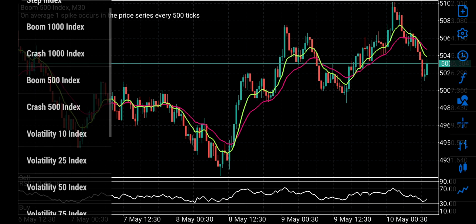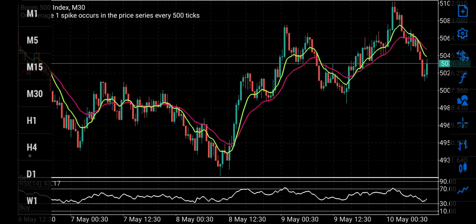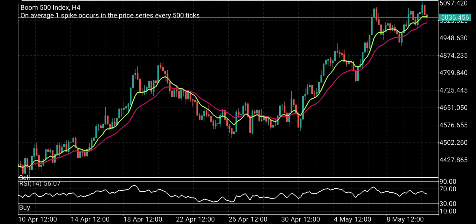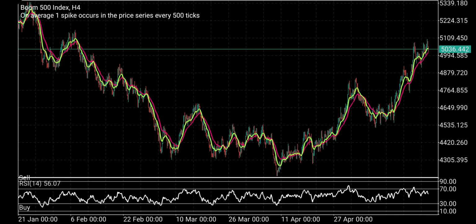Let's increase the time frame. Okay, let's go to 4 hours. Let's go to the 4 hours time frame, and let's see the bigger picture of things. If you zoom into this level, you would see that the market is still on a heavy uptrend, and it has not gotten to any major